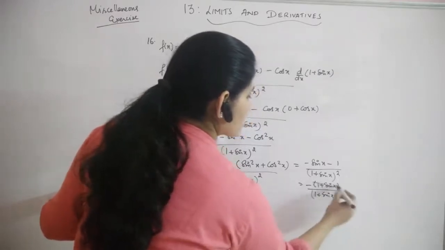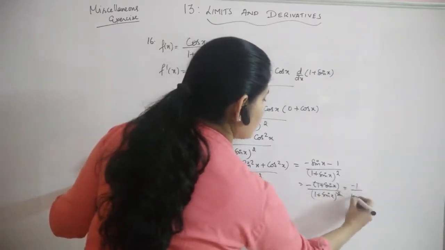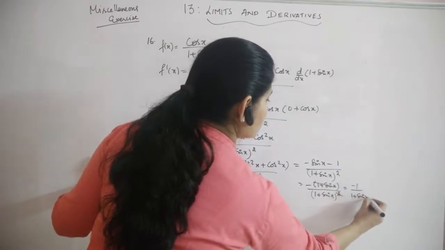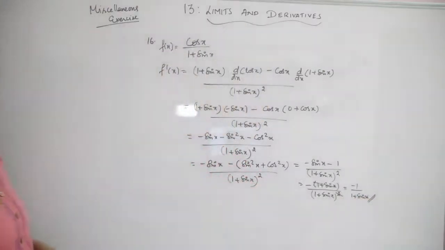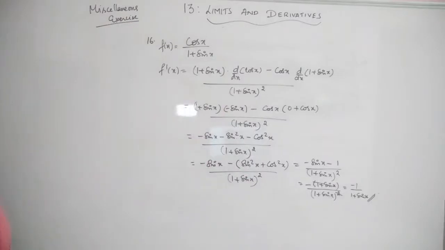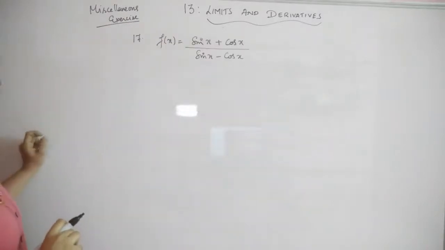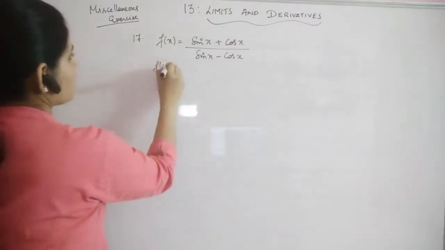So one term gets cancelled and you will get minus 1 by 1 plus sin x as the final answer. Minus 1 by 1 plus sin x. Question is sin x plus cos x by sin x minus cos x. So f dash of x will be